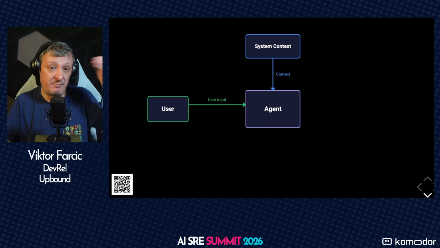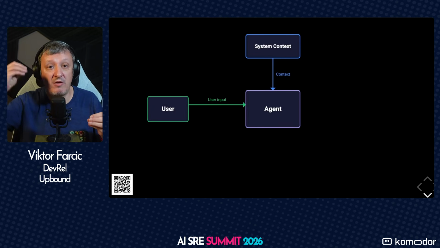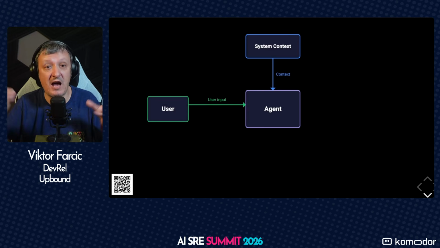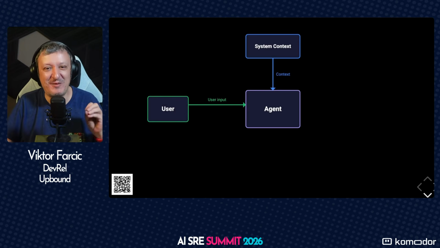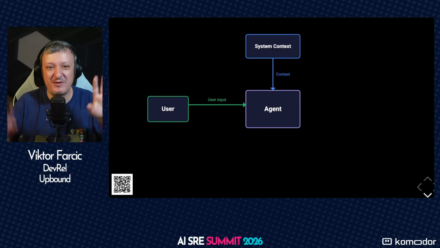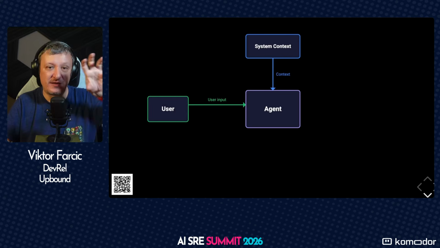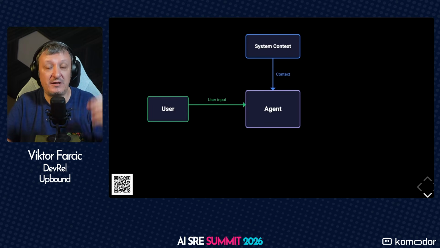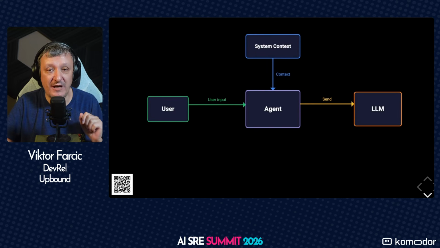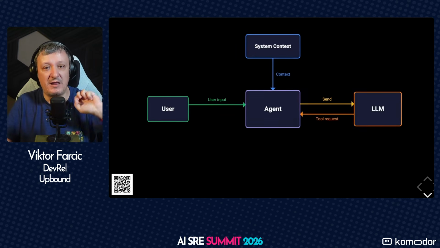And that user input is combined with the system context. That's where we describe how agents should behave. Kind of, you're a nice agent, right? You don't yell back at the person who sent you something or whatever. Like you're a software engineer, you're an operator. That's a system context that sets the scene for that agent, and then that is combined with user input. And all that combined is sent to the large language model,